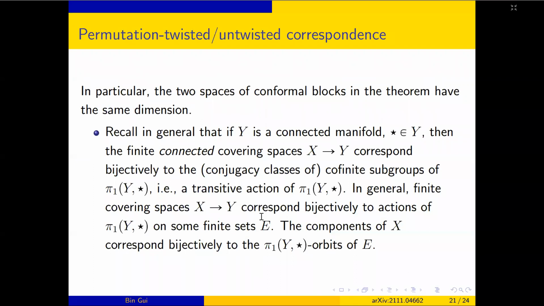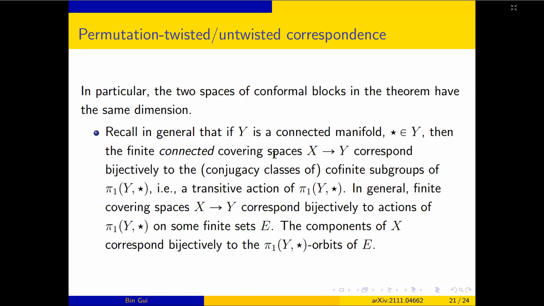What is the Riemann surface associated to the untwisted part? For the twisted part, the Riemann surface is just a sphere with punctures. On the right-hand side, I'm going to show you what these Riemann surfaces are. To describe this branched covering, I will first need to recall a quite basic fact about covering spaces, which you certainly have learned if you have taken the very first course in algebraic topology. So recall that if Y is a connected manifold, you fix a marked point star, and